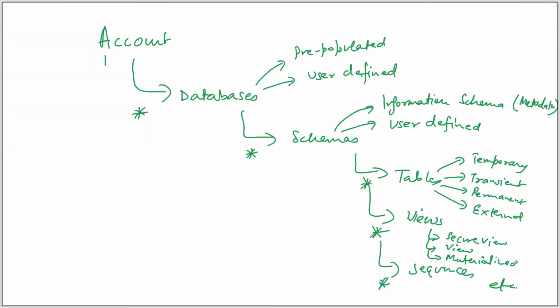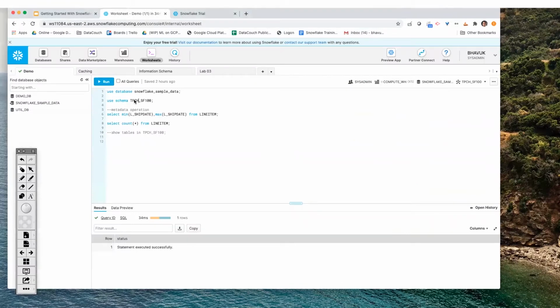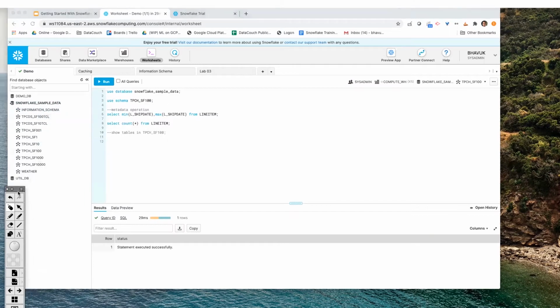Coming back to this, when I run this query, just see I'm selecting the schema because within a database we have schemas. This particular data set is sample data, and it is provided by Snowflake itself. We are able to fire queries on this data set, and it is for load testing.